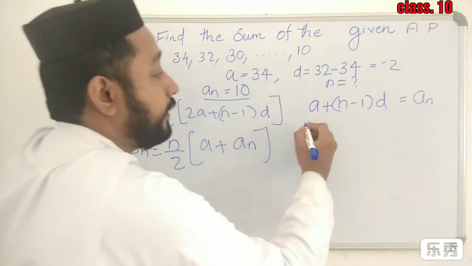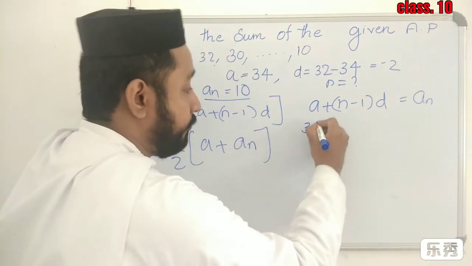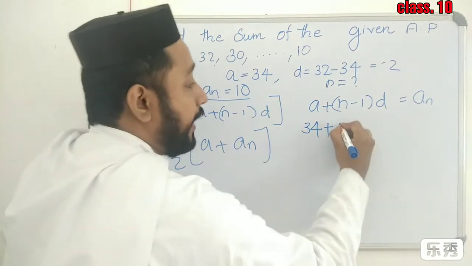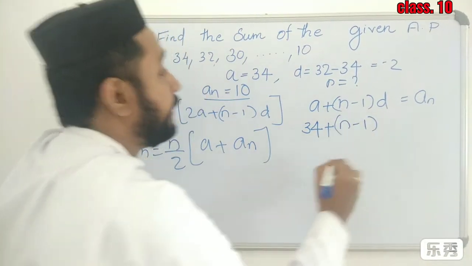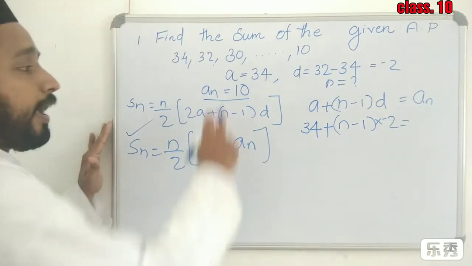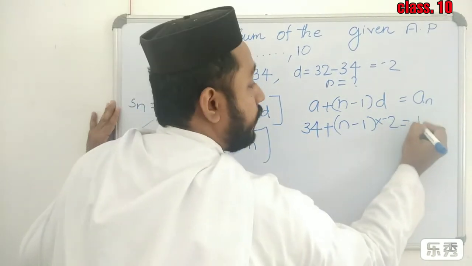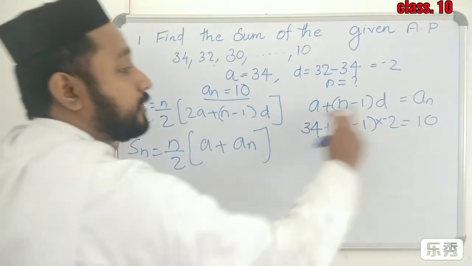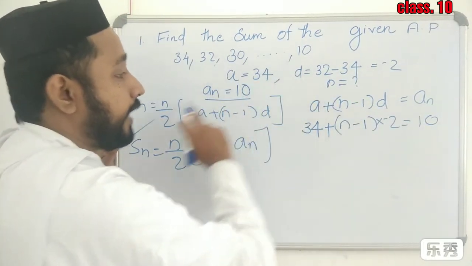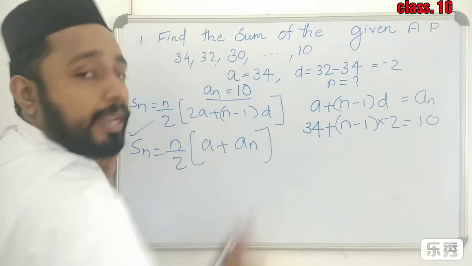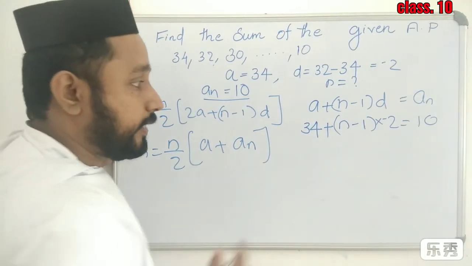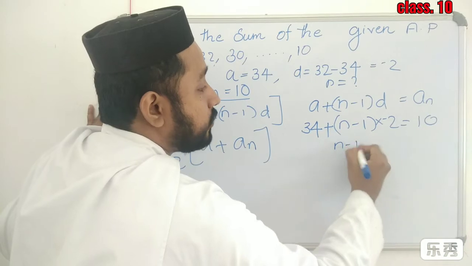So a is equal to 34. So 34 plus n minus 1, we don't know the value of n, so n minus 1 into d. d is minus 2, which is equal to an. an is 10. So in this equation, we substitute the values of a, d and an. Then we will get the value of n. So 34 plus n minus 1 into minus 2 is equal to 10, which means n minus 1 into minus 2,